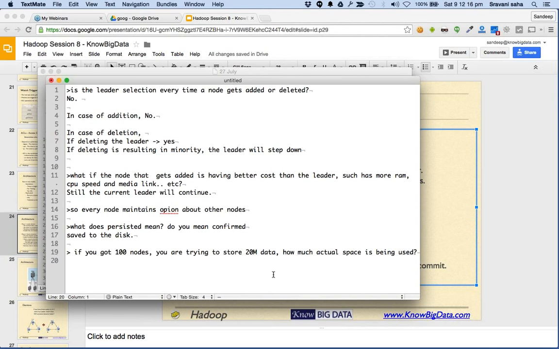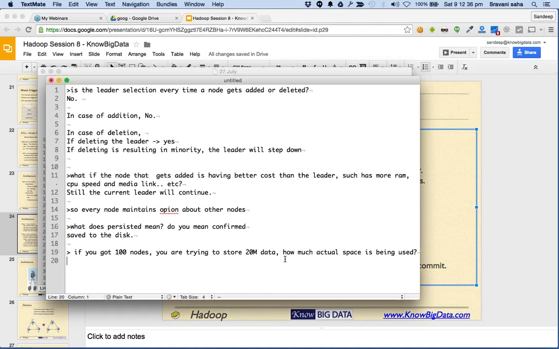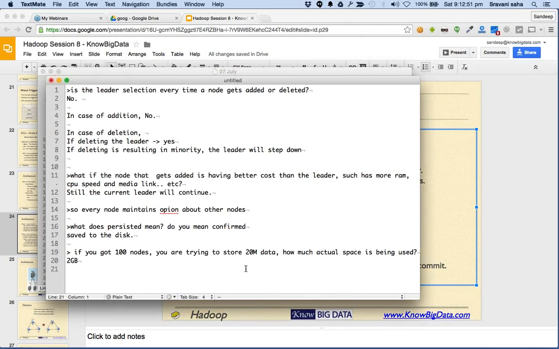So if you have 100 nodes in your ensemble and you are trying to store 20 MB data, after some time when the change gets persisted, finally, eventually, how much storage will be consumed because of this change? 20 MB into 100, which is 2 GB storage. That's correct, Shisha. I think you mean to say 2 GB, not KB. All right. Because this 20 MB data will go to all the nodes, and